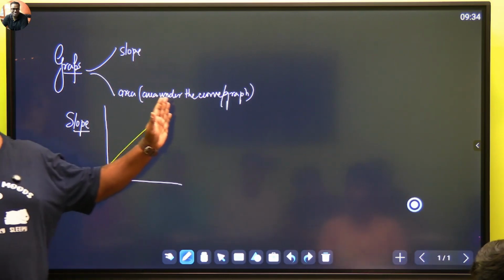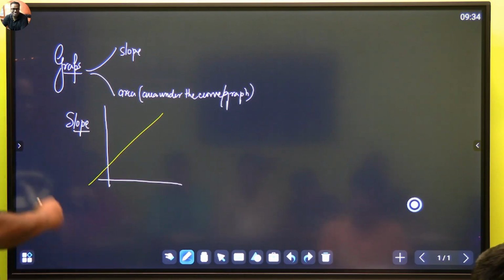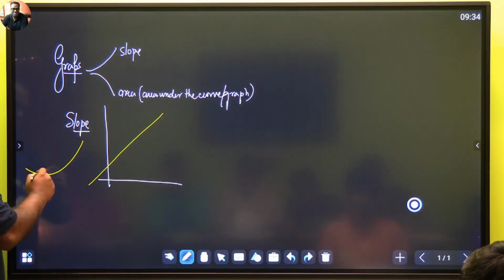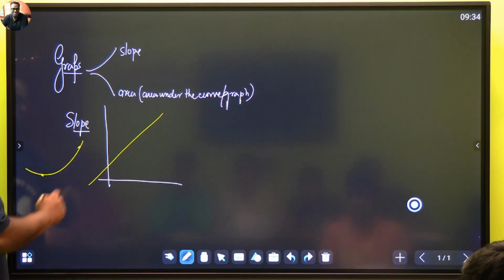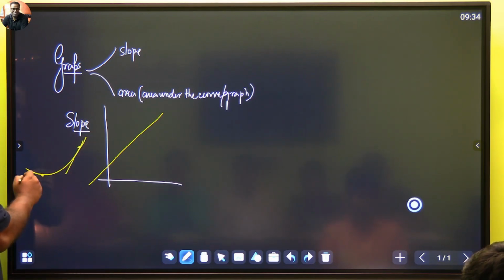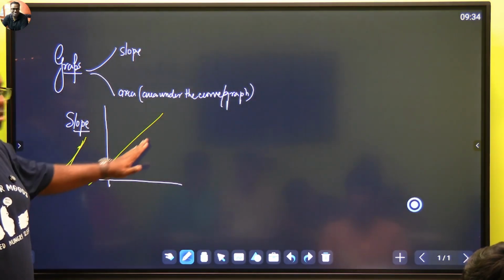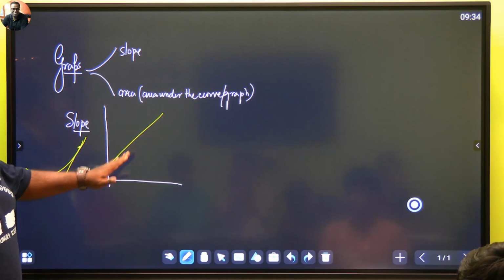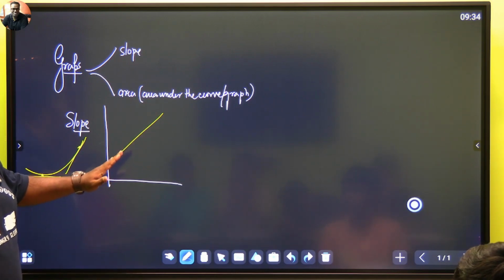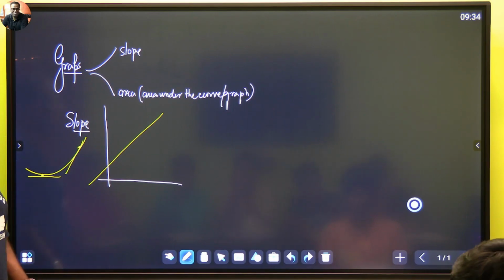कर्व में स्लोप अलग अलग होता है। जब हम कर्व की बात करें, this is a curve, so the curve has a different slope here, here the baby will fall। तो कर्व में slopes are always found by the tangents, but that is 11th class concept. We will be working only on slope, and the slope of a straight line is always constant. Slope of a straight line is always constant, remember that, okay?